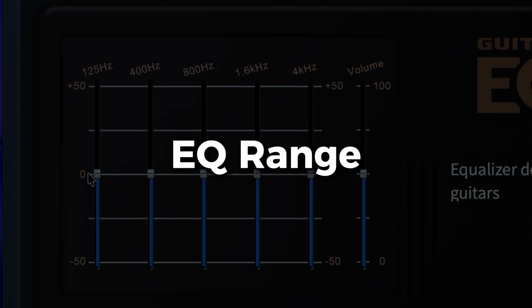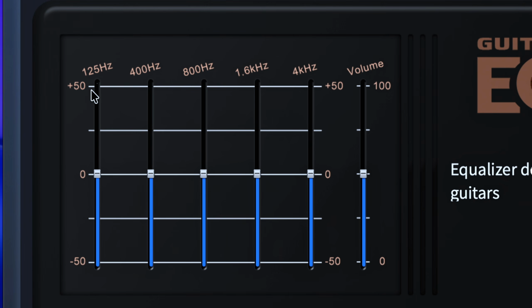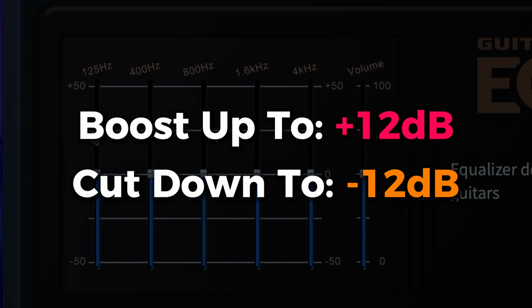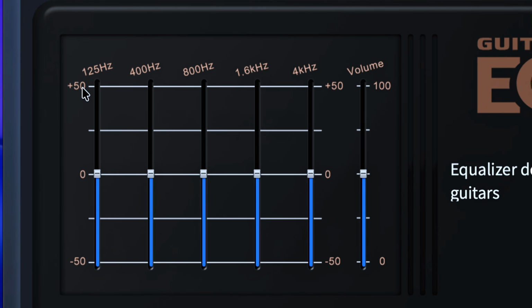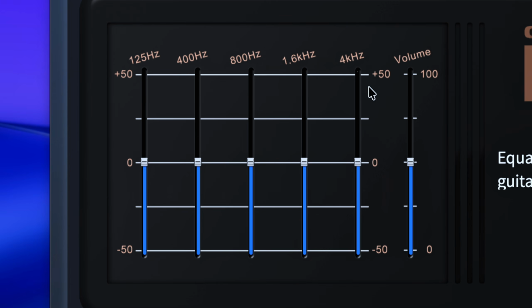The EQs on the Valeton GP200 can boost the guitar signal up to positive 12 decibels or cut the signal up to negative 12 decibels. Although you are seeing 50 here, it doesn't mean 50 decibels or negative 50 dB. It's basically 12 decibels, so it applies to all the frequency sliders. If you are boosting it all the way to 100, just know you are boosting the signal by 12 decibels. If you cut all the way to 0 like this or negative 50, you are cutting by negative